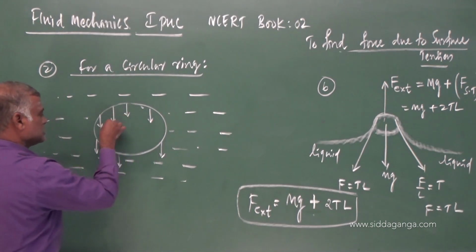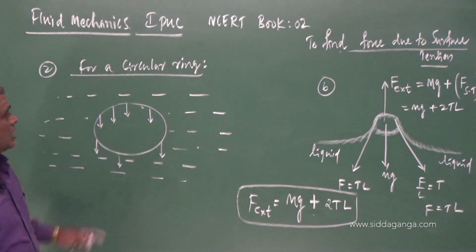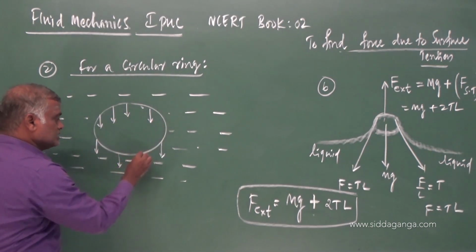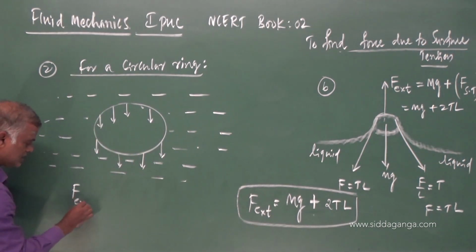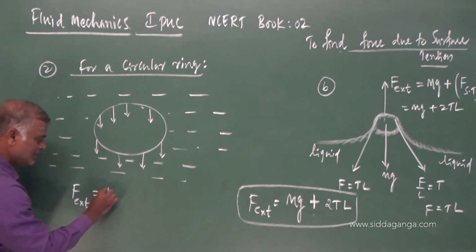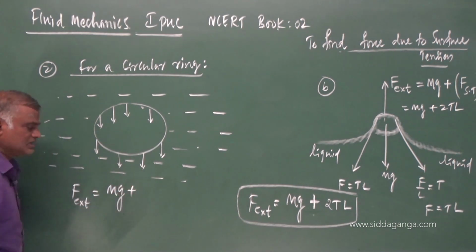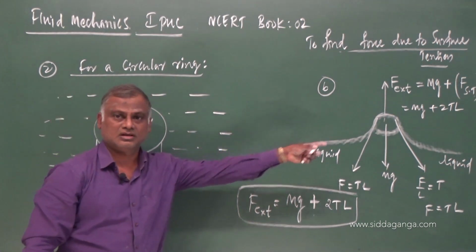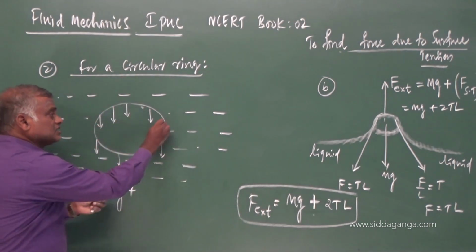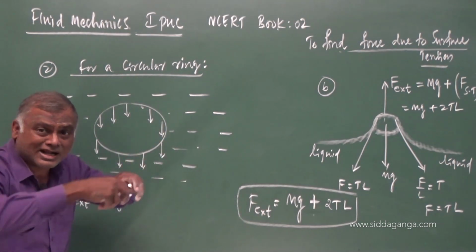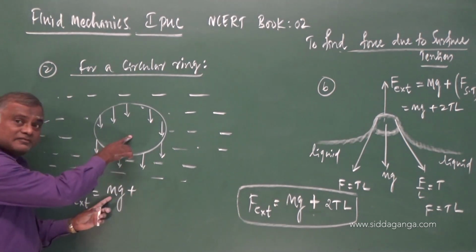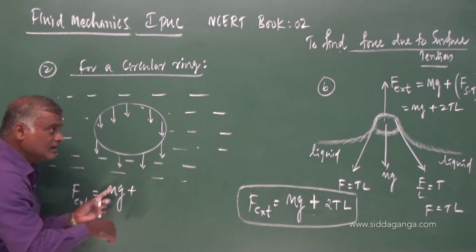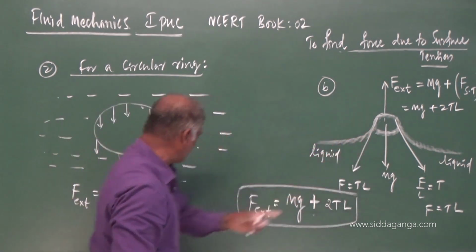Same as we studied. Here I need an external force to lift. External force to lift is the downward weight plus the same thing that happens. I want to lift this ring. To lift a ring, how much external force is needed? The weight of the ring, which is acting downward, plus the same analysis we have studied here,